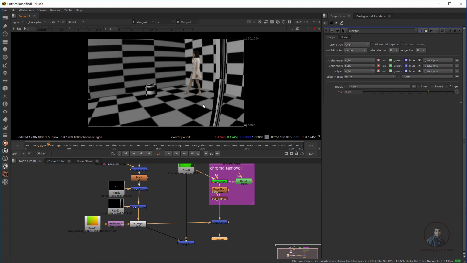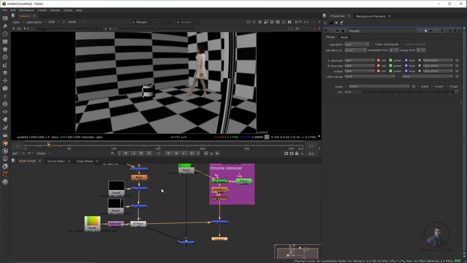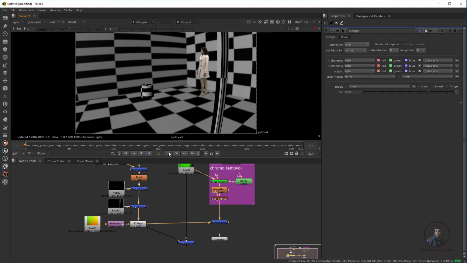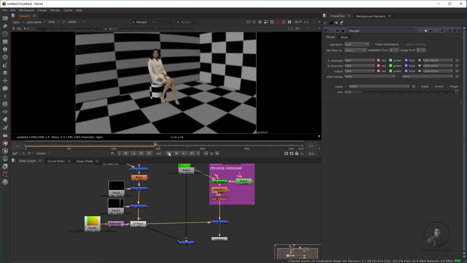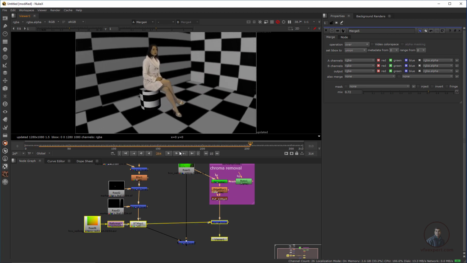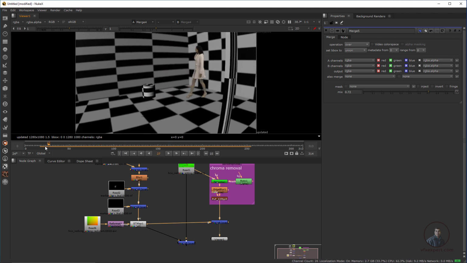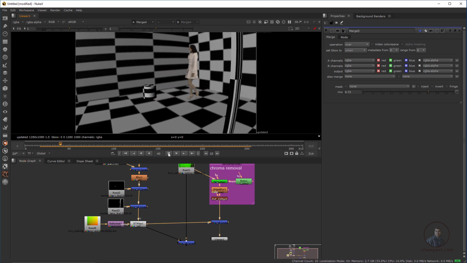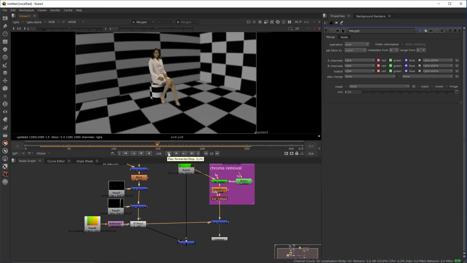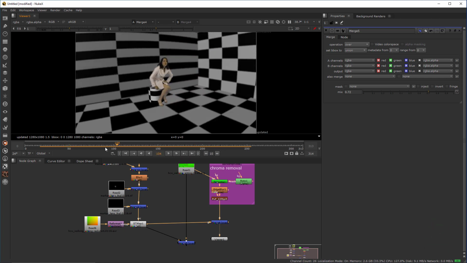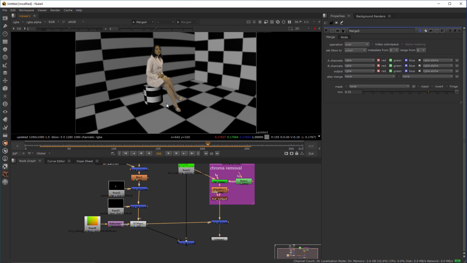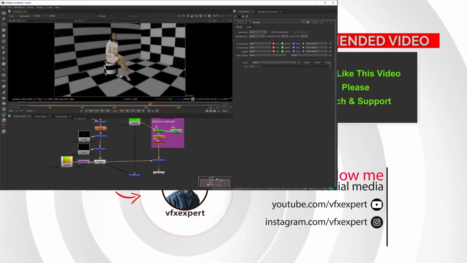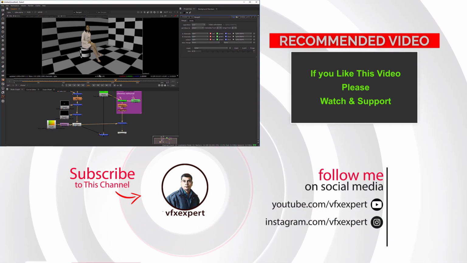A little bit play and check here. Now press H and play and check. Now stop it a little bit and check this one here. Easily you can see. Now play and check here. This is looking good. So finally, this is the complete lens distortion workflow with PFTrack, Maya and Nuke.